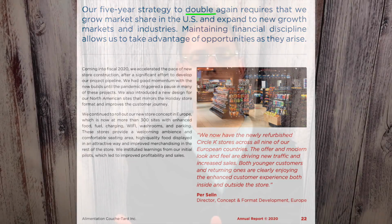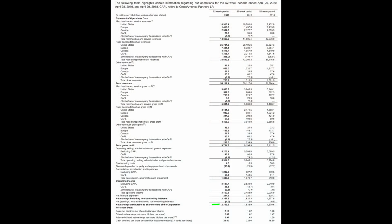And so with all of that, it's time to look at some numbers again. Check it out on the screen right now. This is from their annual report from their fiscal 2020 year, and I highlight basically one thing all the way at the bottom. Revenue's a little wacky, as we know, in 2020 because of fuel. Revenue is down, but they do have bigger margins in fuel. So let's look at just